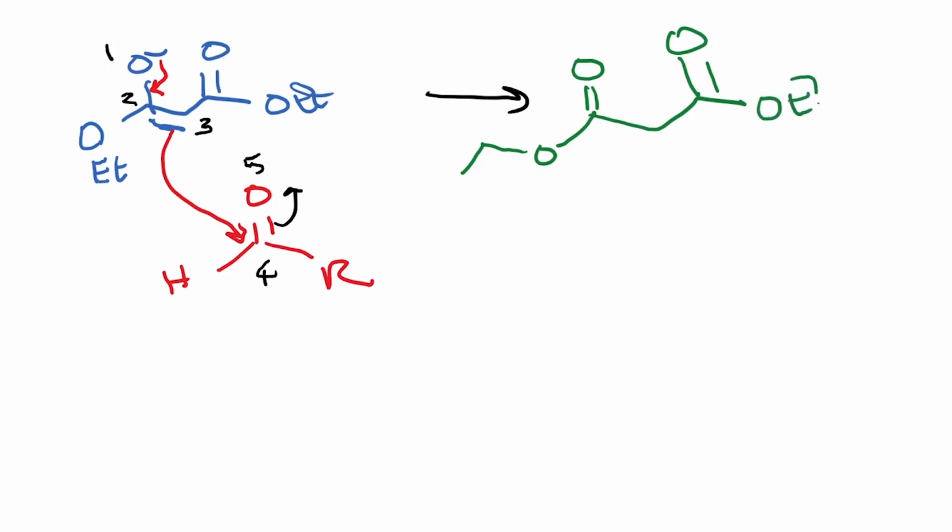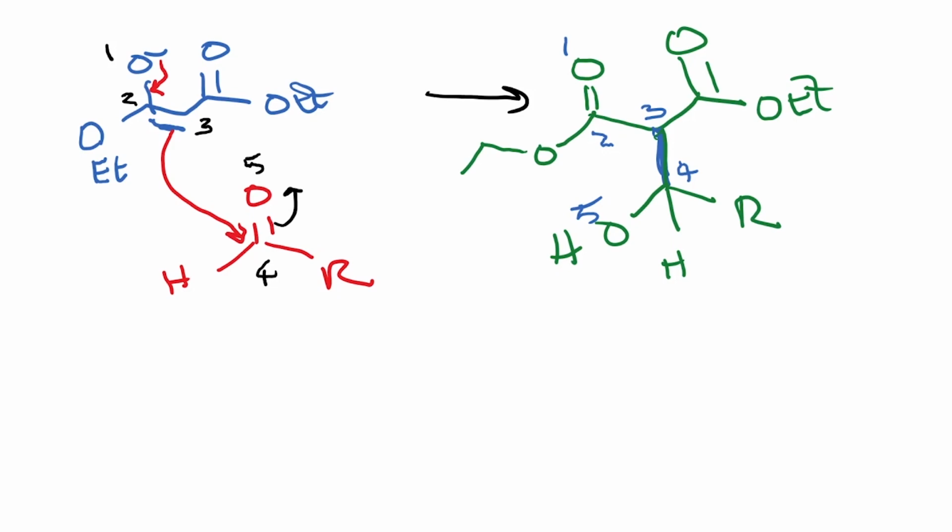OEt, and you have OH, and you have R, and you have H. Okay, so to redo the numbering, it is 1, 2, 3, and this is the new bond that's being formed between carbon 3 and carbon 4. This is 4 and this is 5. So this is exactly the way we would want it to be, and the rest of the mechanism would be